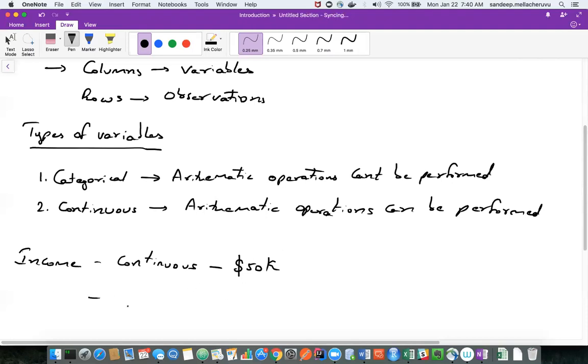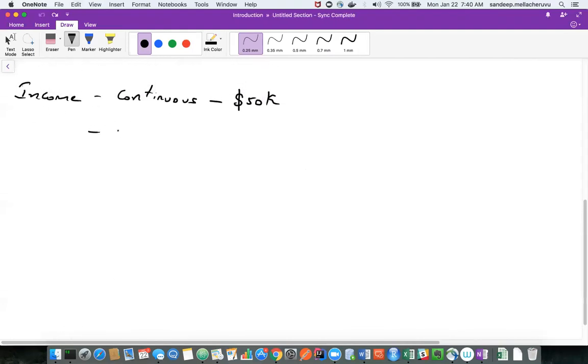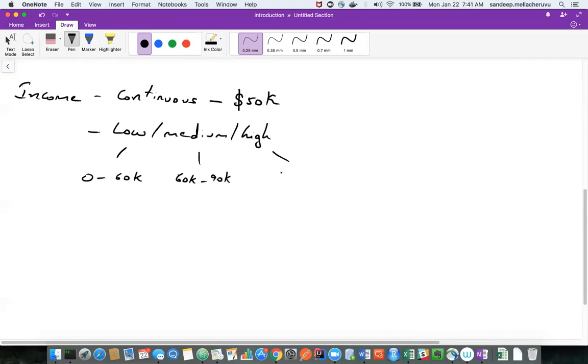But let's say I categorize these into low, medium, high. Income from 0 to 60K is low. Income from 60K to 90K is medium. Anything greater than 90K is high. Let's say I had a rule like this and I converted it into categorical.